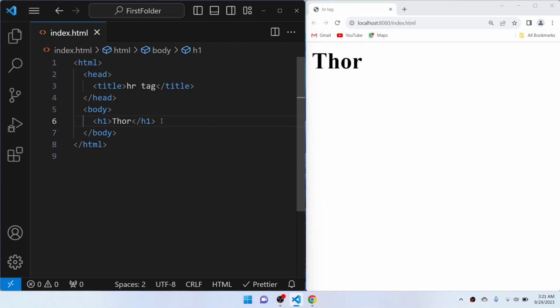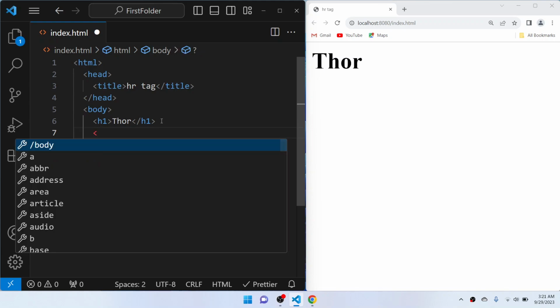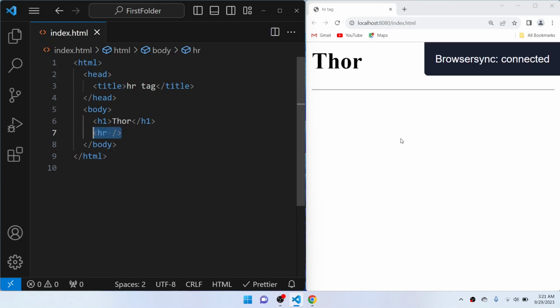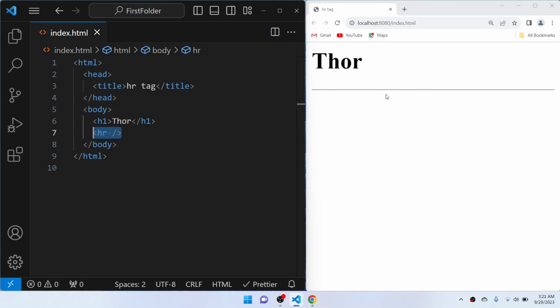So let's understand the HR tag in HTML, which stands for horizontal rule and renders a horizontal line in the page. So let me write the HR tag, and it is an unpaired tag. So it doesn't have an opening tag or closing tag, but it contains the opening and closing part in a single tag. If I save the file, you can see a horizontal line under the Thor text,